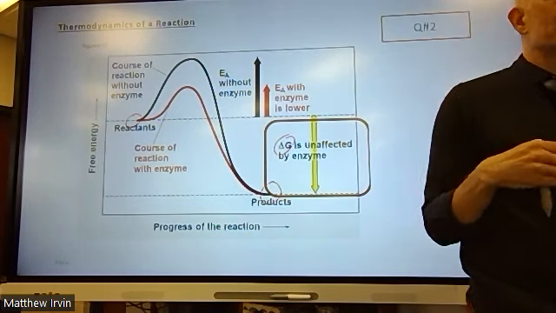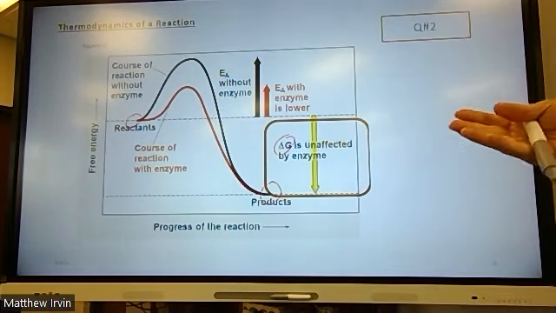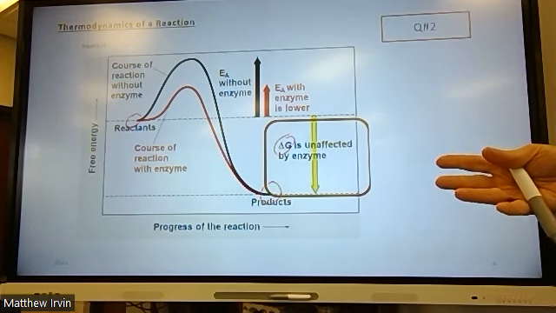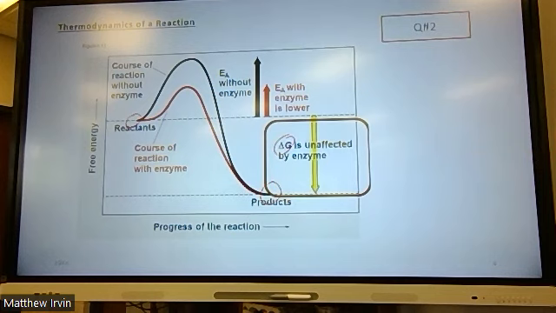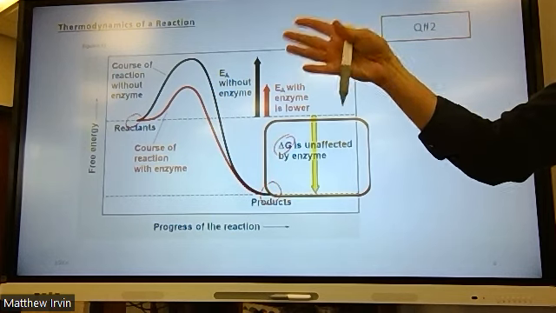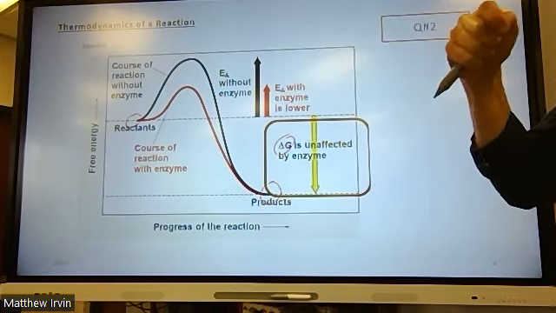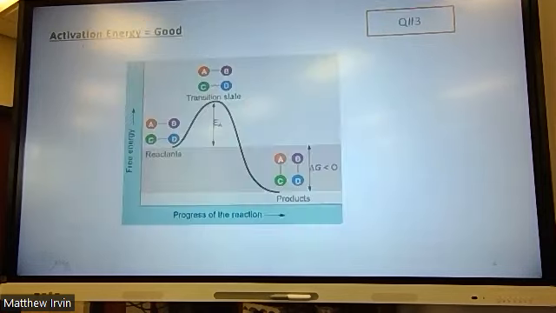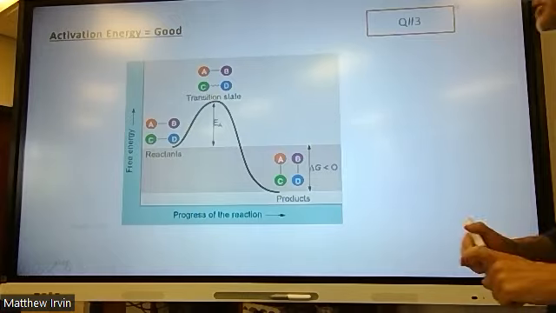It just happens faster. So when glucose is combusted in cell respiration using enzymes, the change in energy from glucose to carbon dioxide and water is the same as if you would light it on fire. It's just that lighting it on fire is faster and more dramatic. So it seems like you would be giving off more energy, but you're really not. Activation energy is good